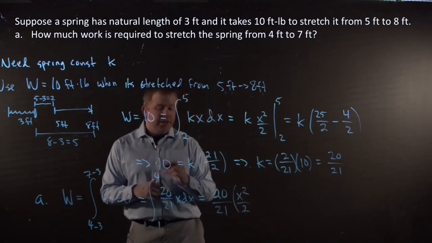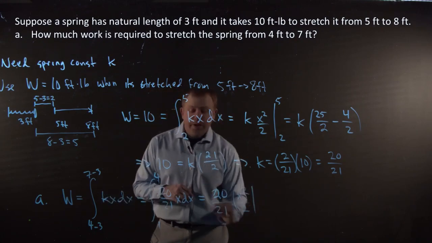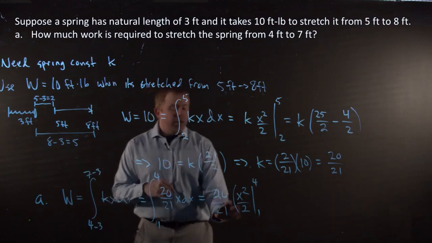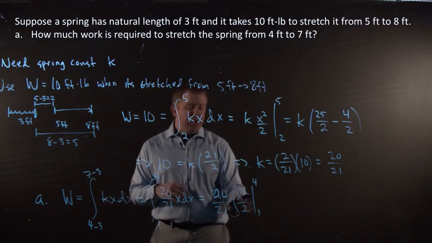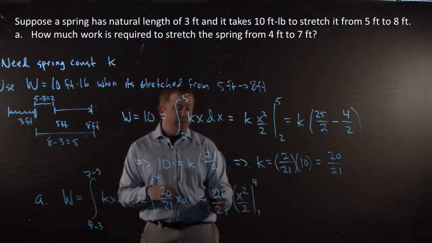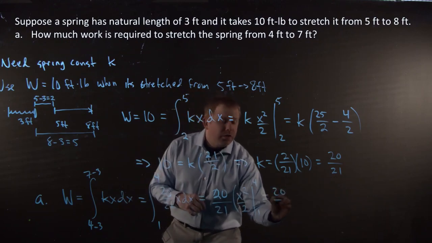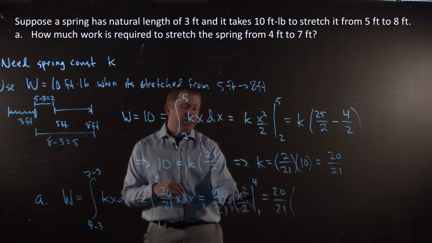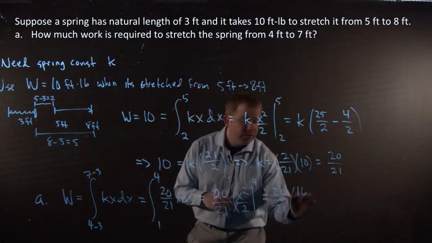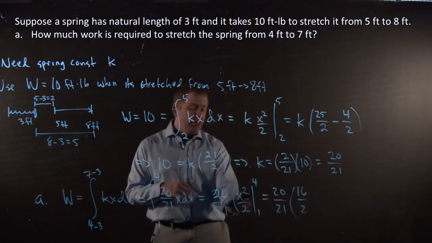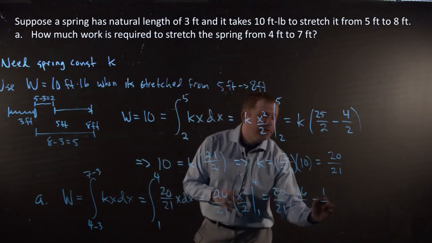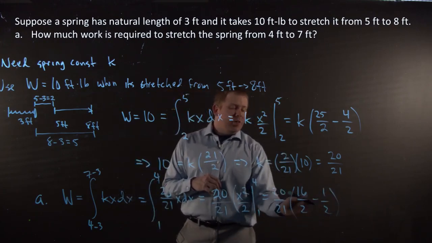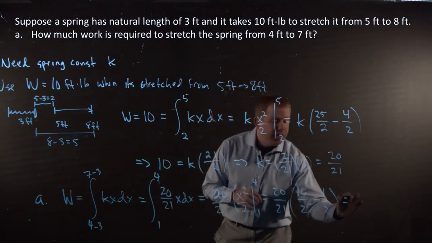Let's pull that 20 over 21 out and evaluate this from 1 to 4. If I plug this in, what do I end up with? I'm going to end up with 20 over 21, and then 4 squared over 2, this is going to be 16 over 2, and then minus 1 squared over 2, so minus 1/2. Again, I didn't simplify this because I want common denominators. This is 15